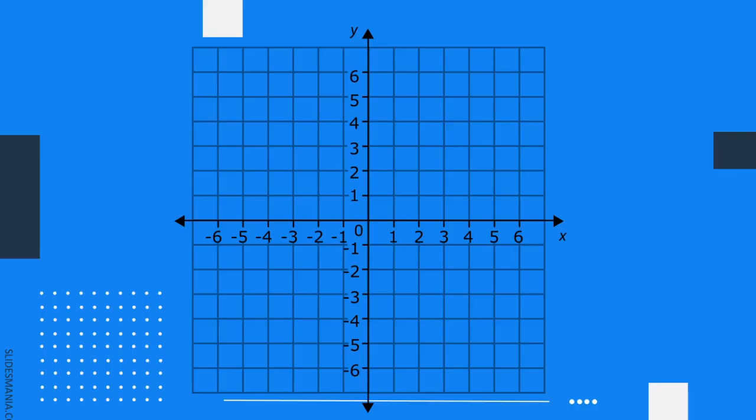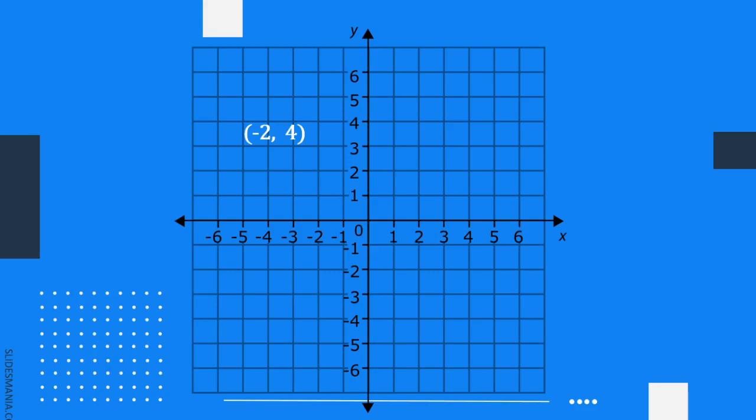Okay, let's take a look at it this way. Here is our Cartesian plane. Here is an ordered pair. The first number is x. The second number is y. So when we say x, the movement is along the x-axis. So it's either left or right. Since it's negative 2, the movement is to the left,